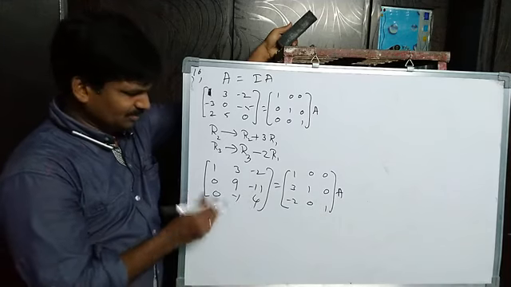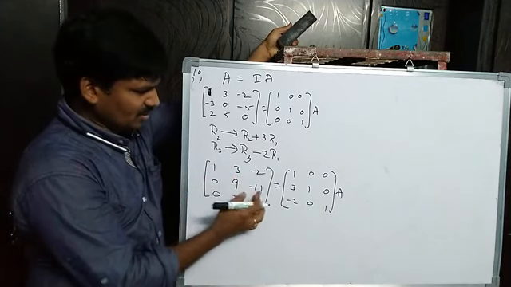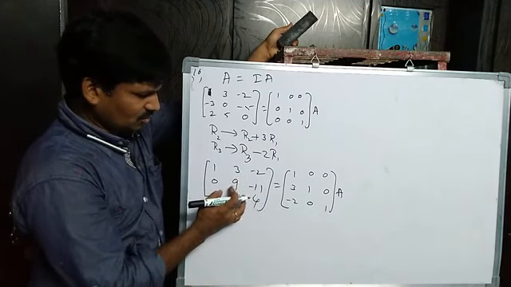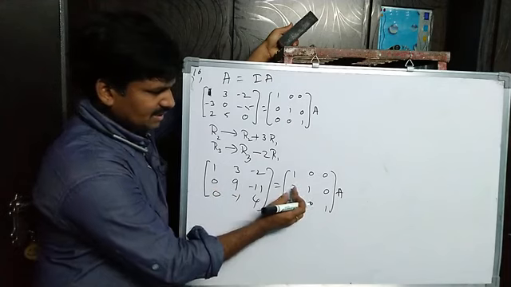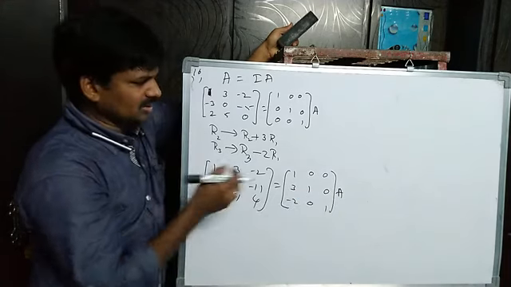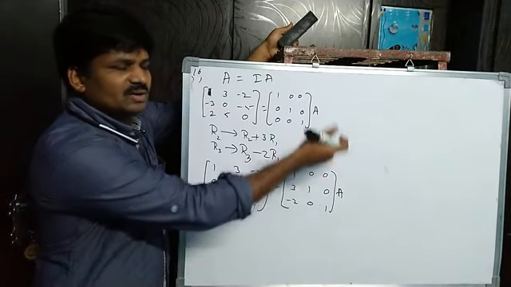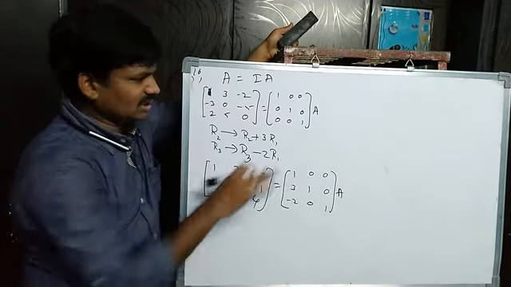So what I am doing here simply, you can divide by 9 also, no problem. If you divide by 9 here, what will you get? Minus 9 by 9, you will get 1 by 1 here. Here 3 by 9 means 1 by 3 you will get, and here 0. So no problem, like that also you can do. But while you are solving, you will get fractions. So more than that, one is better.